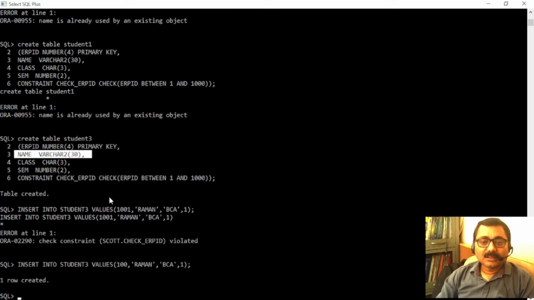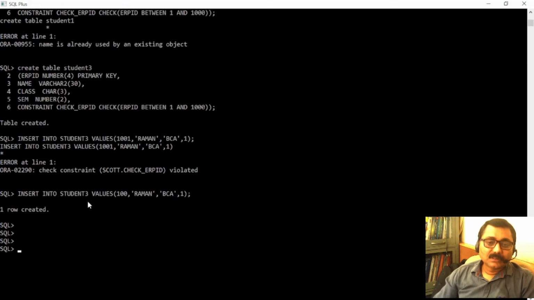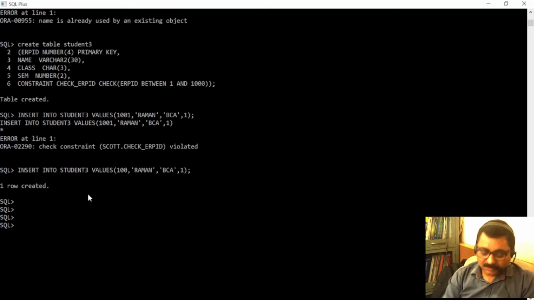Means I want to add a check constraint which will take care that the name entered by the user must be in uppercase. So let's have an example. I'm giving an example of adding a check constraint using the alter table command.